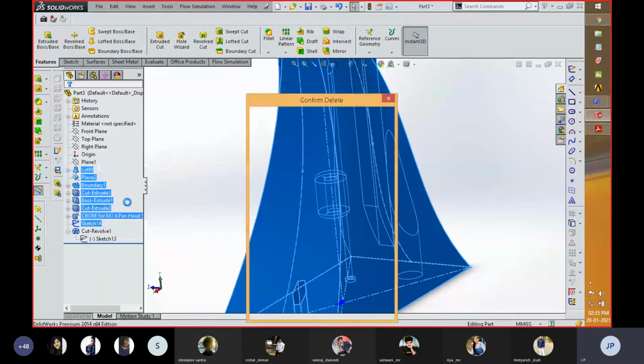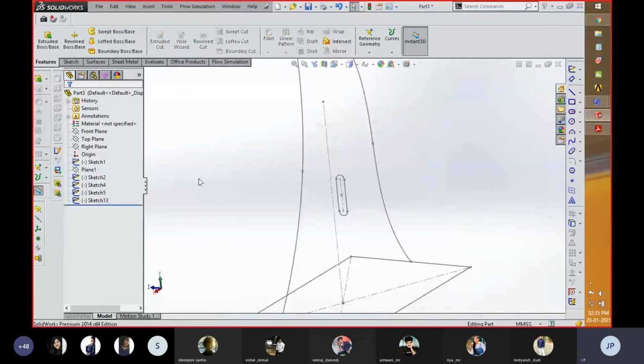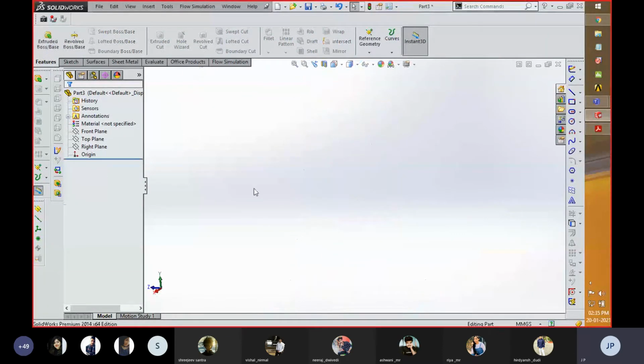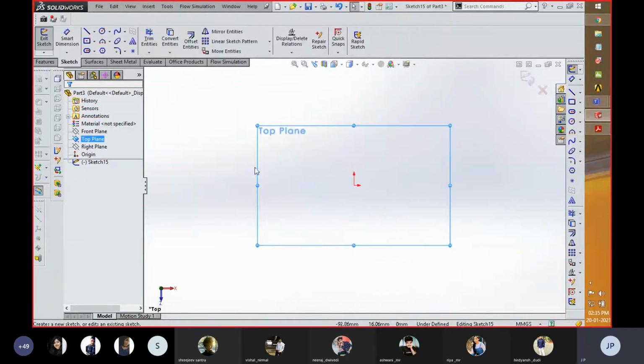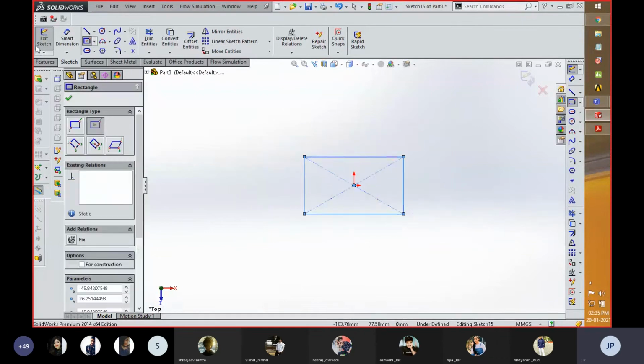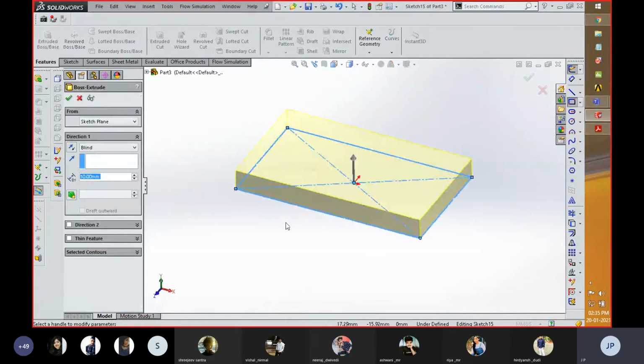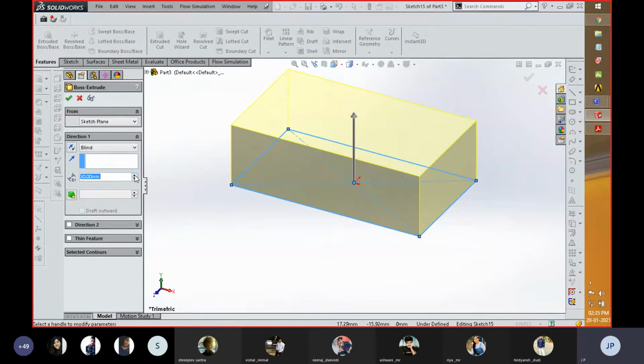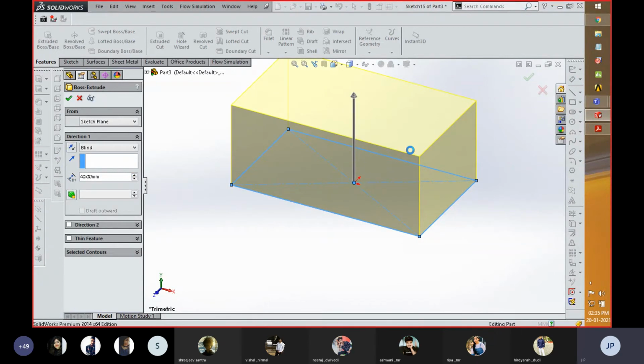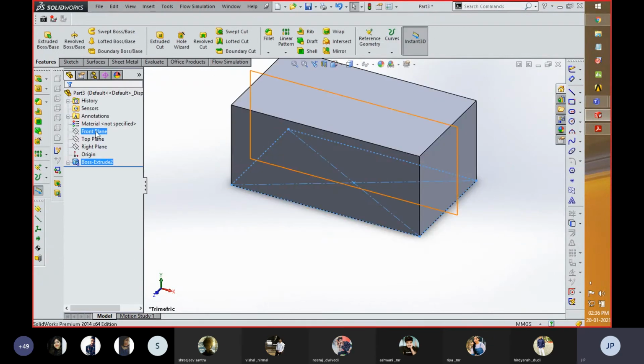So for getting a better idea of how this is performed, yes to all. So in such a manner you can delete each and every part with the help of a single selection. So over here I'm going to create a solid part for showcasing you how the revolve cut is going to be used.